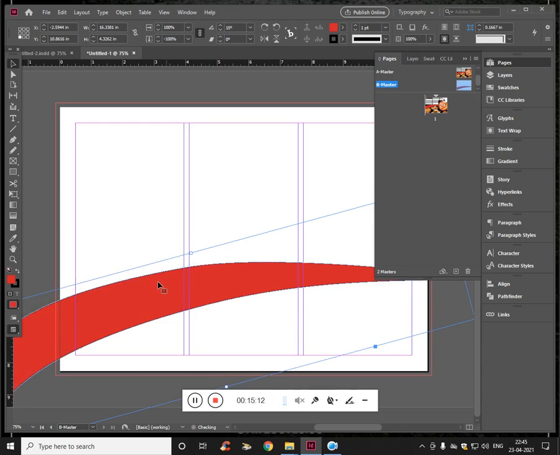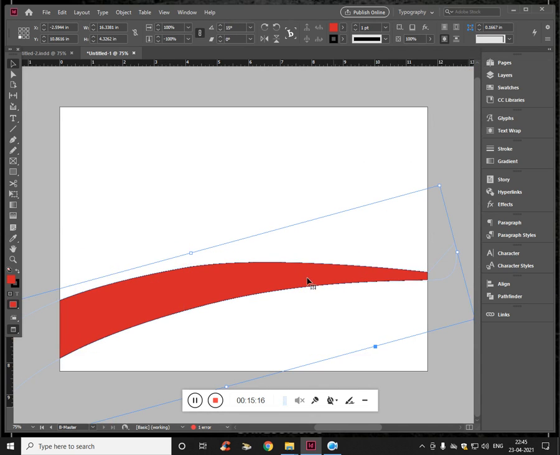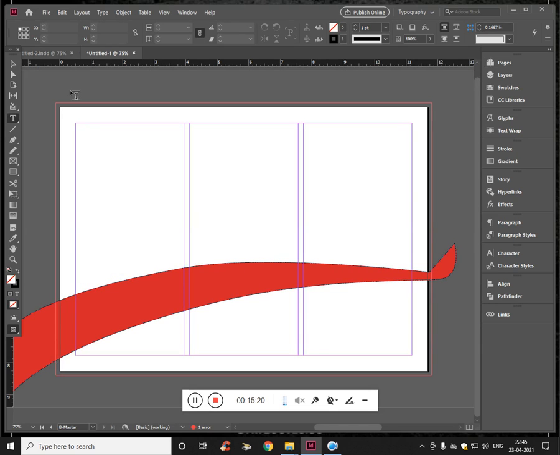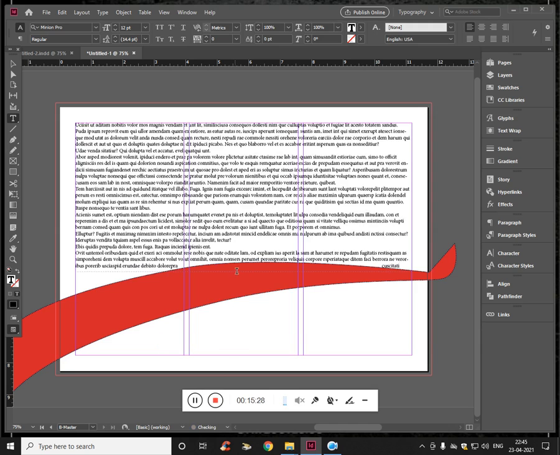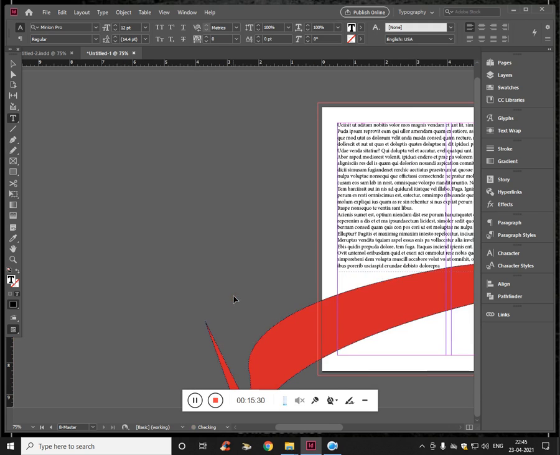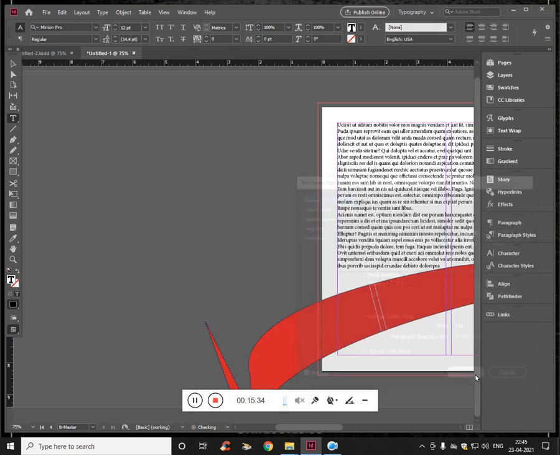if you want, we need to add the rectangle. Select all and change the color to white, and select the rectangle tool. Start with the bleed and end with the bleed. And once it's done, what we need to do is change the color to black, and send it to the back.